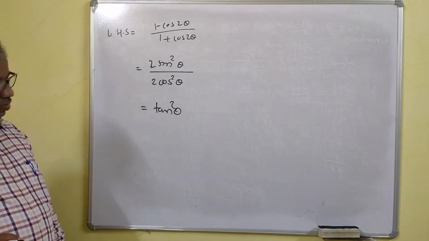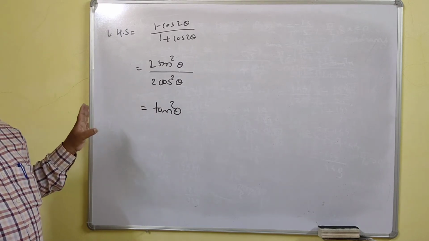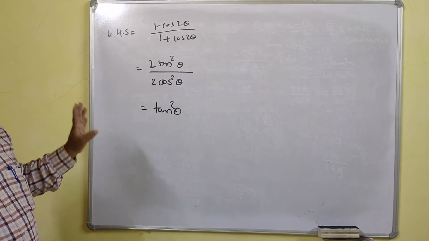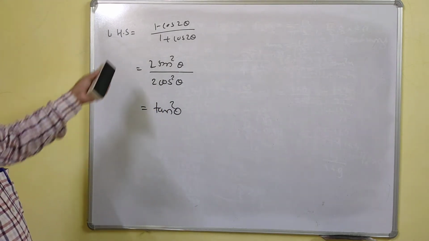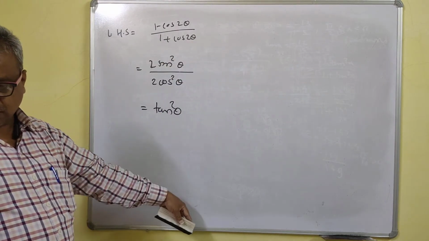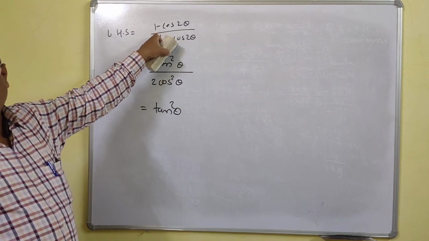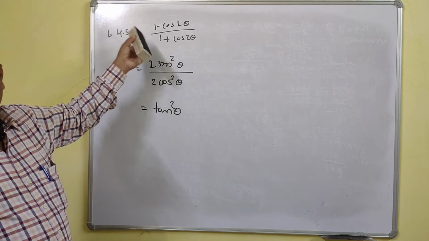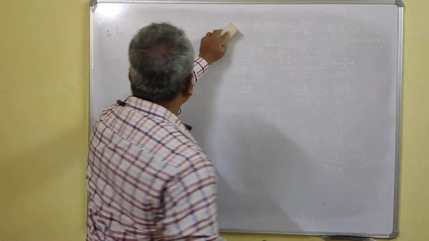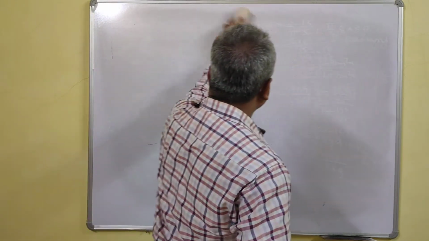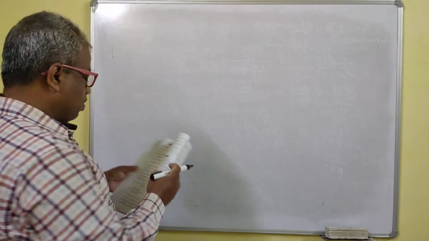So again this problem becomes very simple if you know the formula. Then and then only you can solve the problems. Easily you can kill this problem within 30 seconds. If there are 4 options, easily you can do it orally: 2 gets cancelled, sine square upon cos square, this is tan square theta. Where is tan square theta? Just tick that option. But if you know the formula, then and then only you can kill the problems.